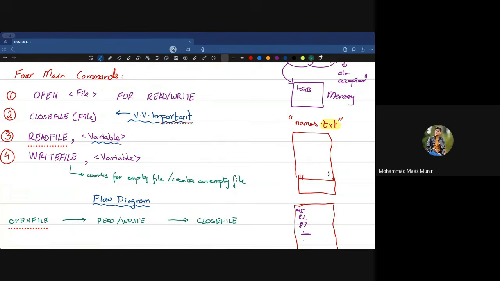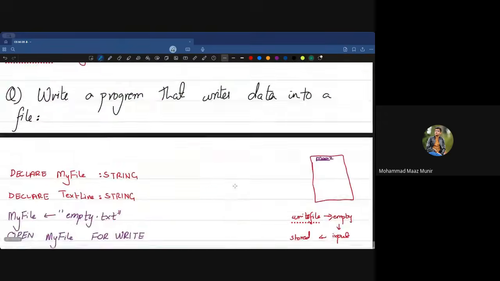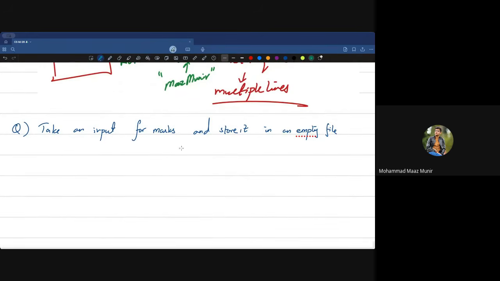Keep this in mind. Now the one where it adds something at the end, that is something which we will be doing once we get to AS level, inshallah. So no need to cook your brain with that concept at this point. But just for now, be familiar with these concepts, like take an input for marks and store it in an empty file with the name